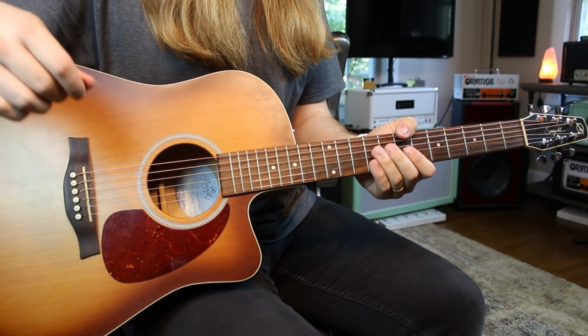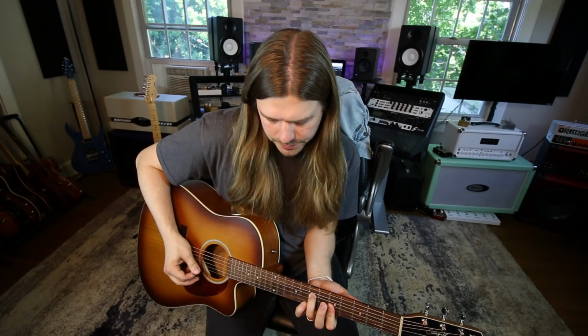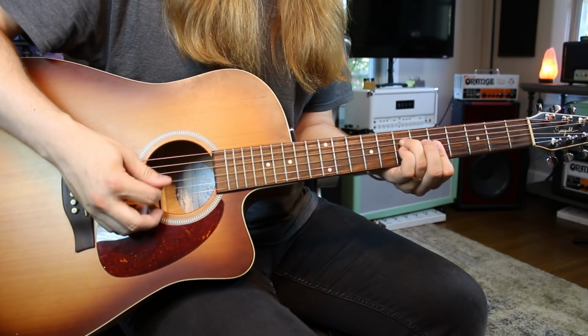There we go. I forgot the chord. I was like, what is the last chord? So what am I doing here? Like I said, I'm doing chord inversions now. So I have my A minor chord. I'm just picking it out, but I'm adding palm muting. So I go 7, 5, 5. So 7 on the D, 5 on the G, and 5 on the B. 1, 2,